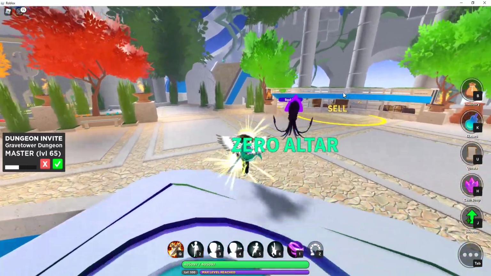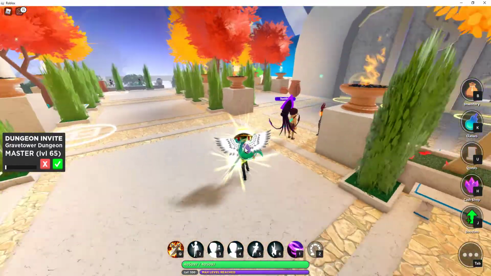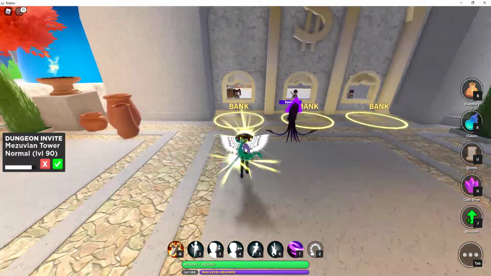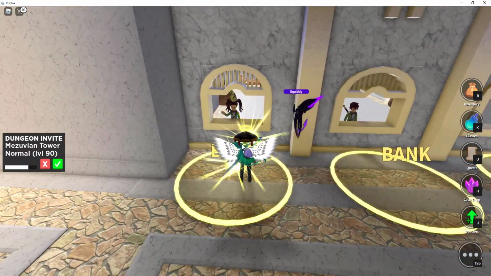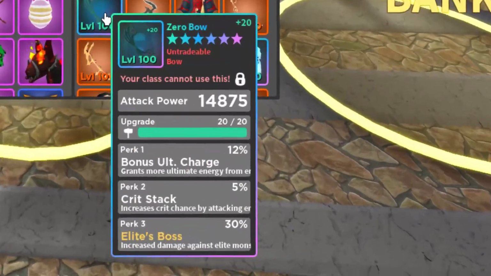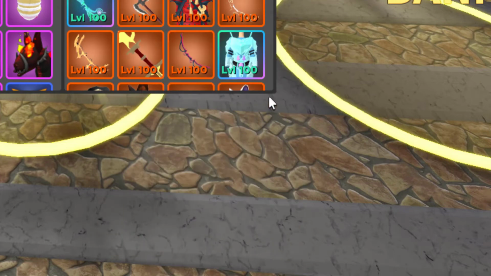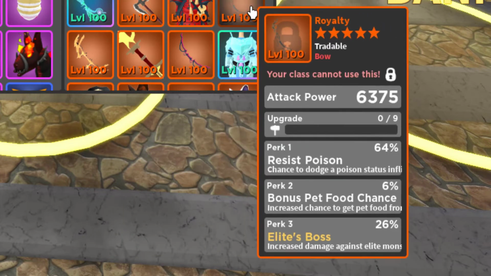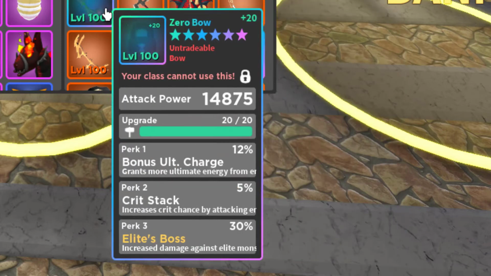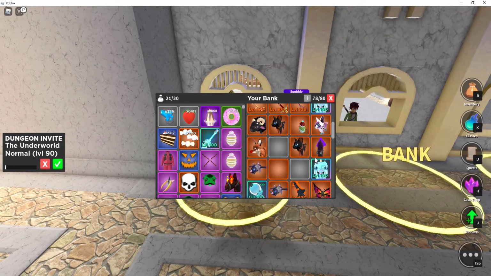Now, 0 stuff sounds really cool. And it is. It keeps you alive. The armor keeps you alive. And the weapons do a lot more damage than non-0. I thought they would do a whole lot more than just 14.8. When the regular one does about 10k when it's maxed out, this one only does 14.8. But the point I'm making is